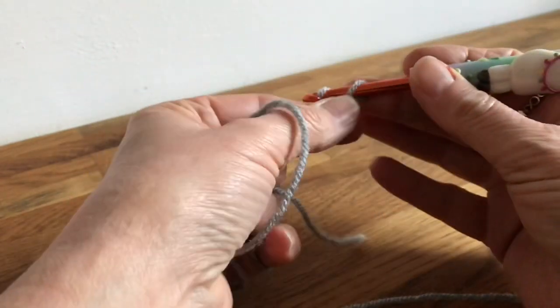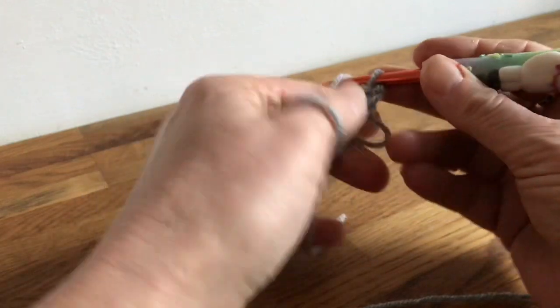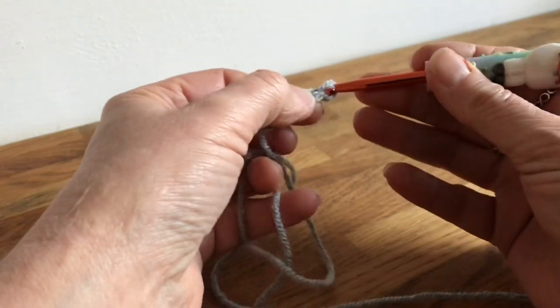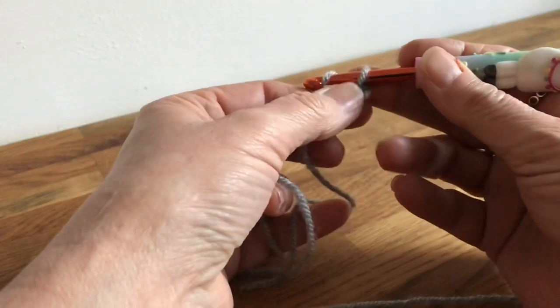If you want to chain more, that's fine. Remember, we're just learning how to do it at the moment. We can always tweak for the next one. So I've done a 5 chain,